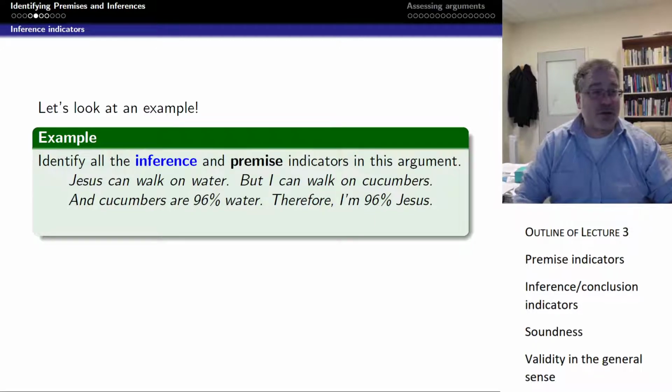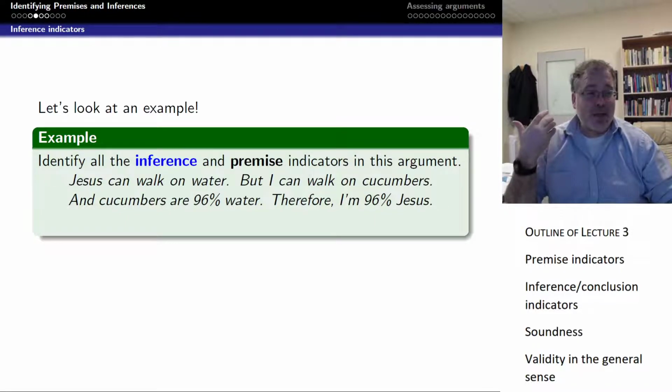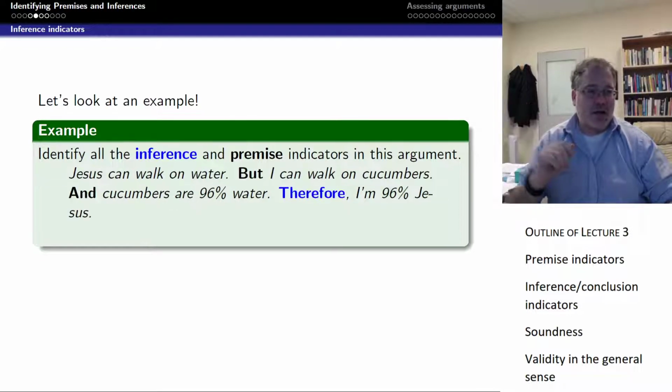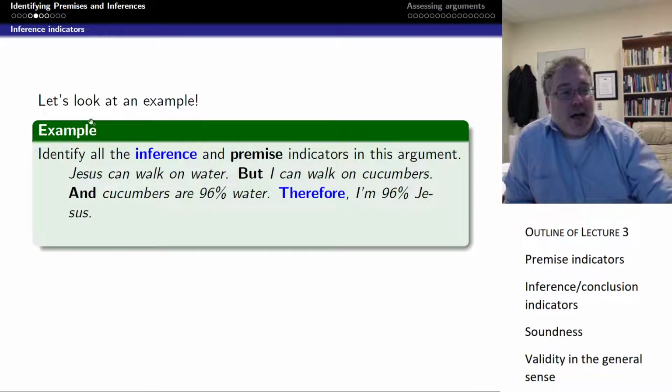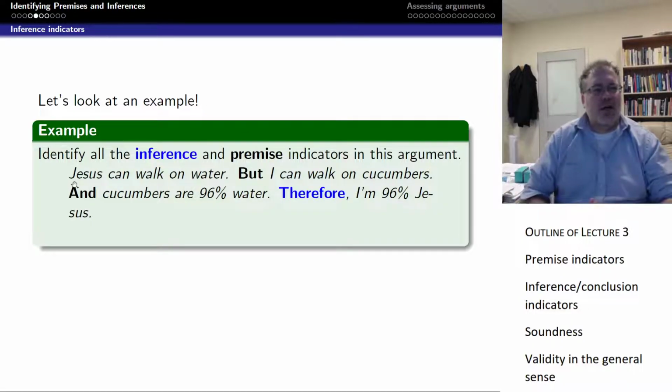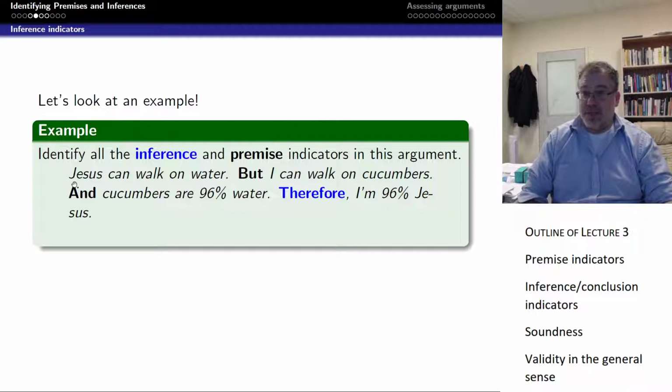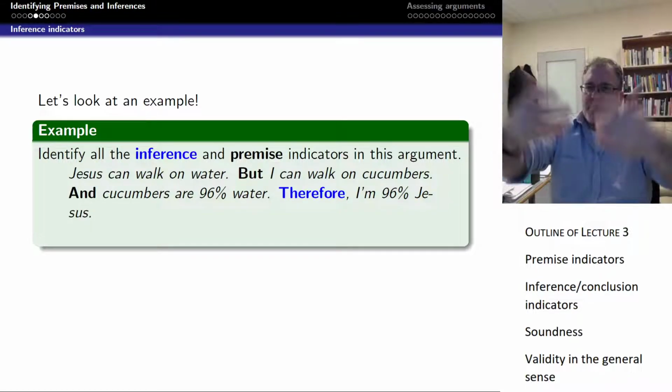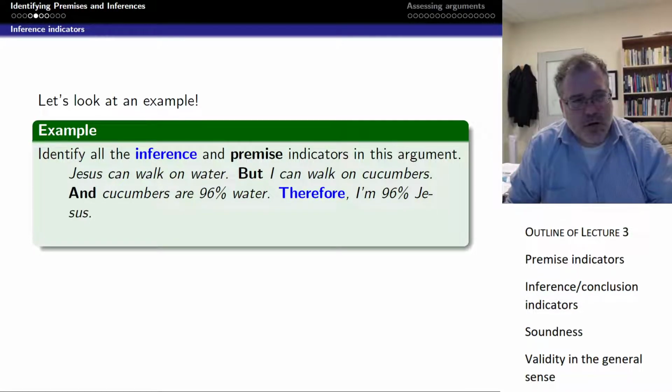Indeed, there are some of those words. I'm sure some of you will find them very quickly. You can pause if you want to think about it, but here they are. So the ones in black, but, and here introduce two different premises, two facts that are providing support for something